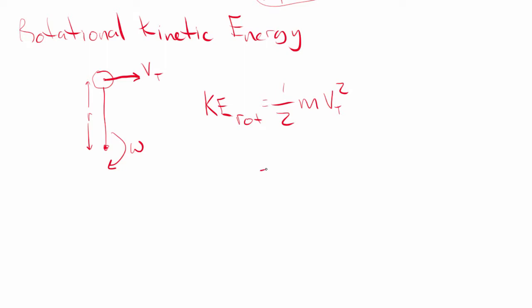But v sub t is related to omega by the radius r. So I get 1/2 m (r omega) squared. And if I go one step further, and by one step I mean move the parentheses